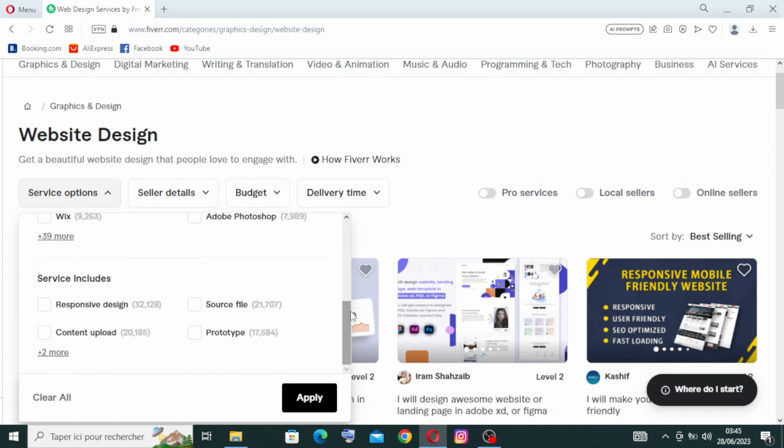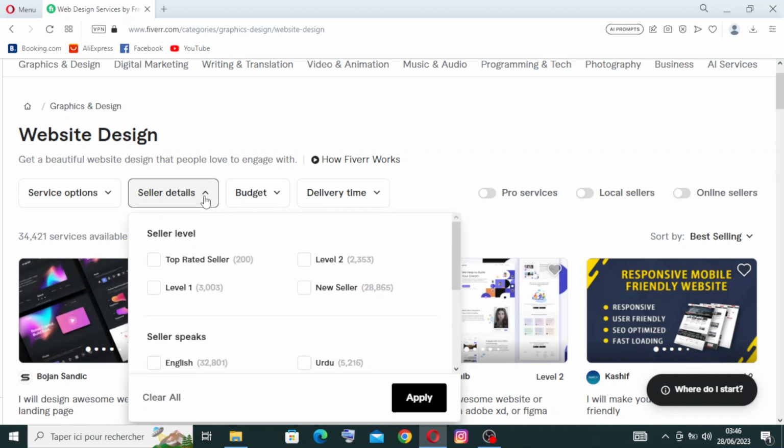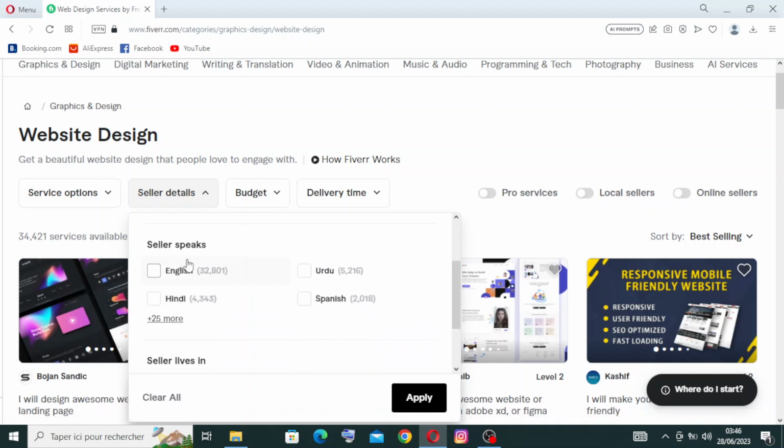And also for the service includes, we have responsive design, source file, content upload, and prototype. You will find here the number of results that you will get if you click on any filter from these ones here. And also you can filter them by the seller details: the top rated seller, the new seller. Usually this one is cheaper than this one here, and also level 1 and level 2. And if you want the seller to speak English, Urdu, Spanish or Hindi, and also you have 25 more languages,